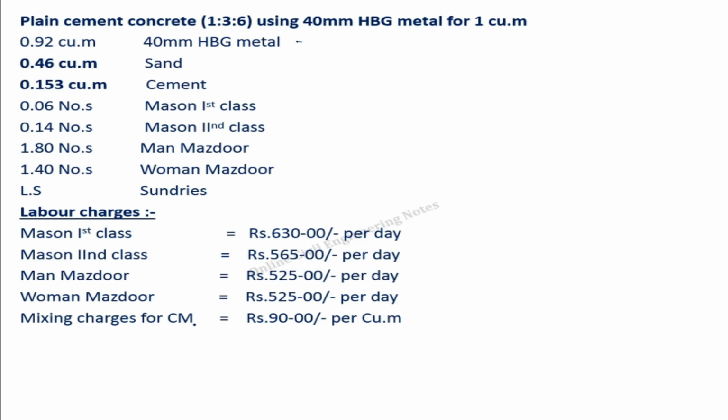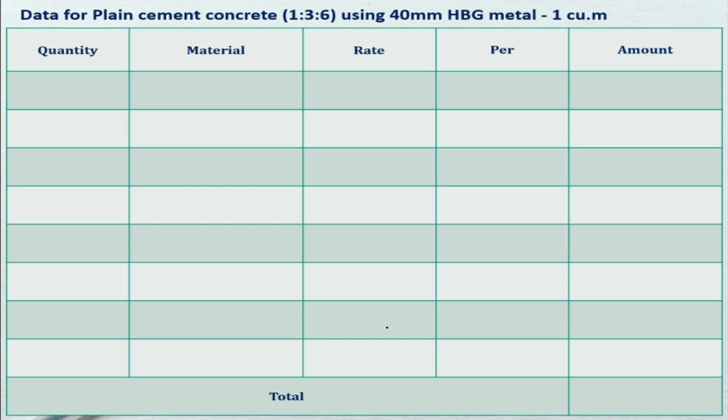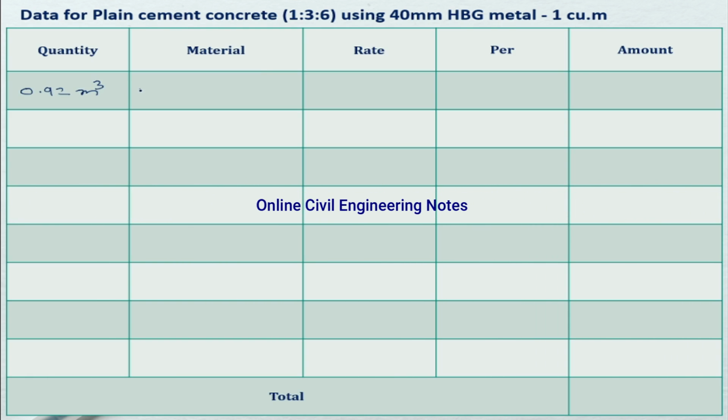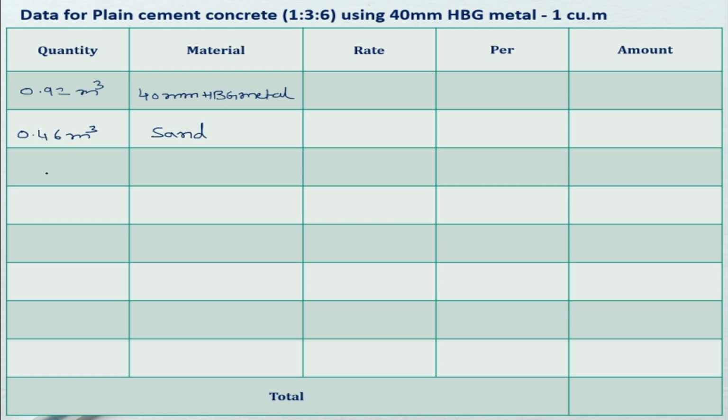Mixing charges for cement mortar is 90 rupees per cubic meter. From this data, to get the total cost of plain cement concrete 1:3:6, write quantity, material, and rate per amount, and write down the given data here. 0.92 cubic meter 40 mm HBG metal, 0.46 cubic meter sand, 0.153 cubic meter cement,